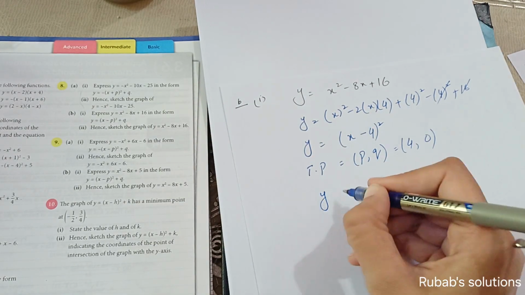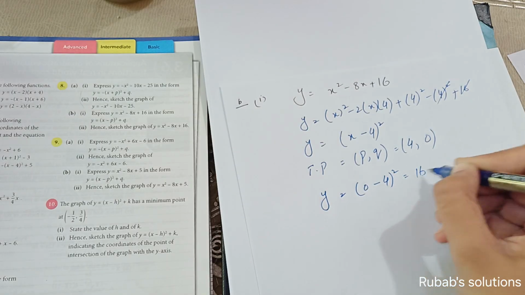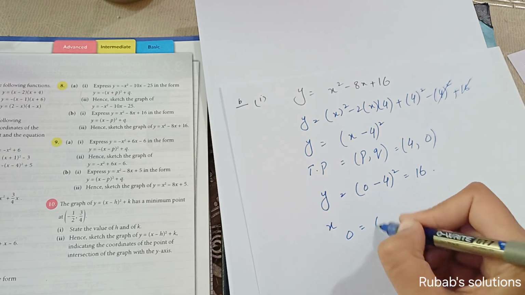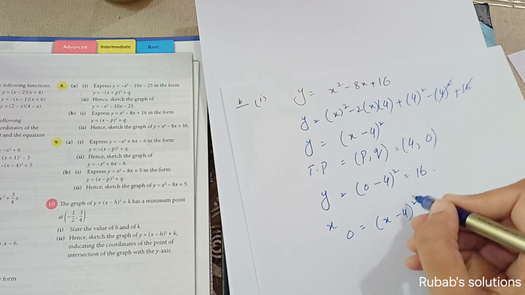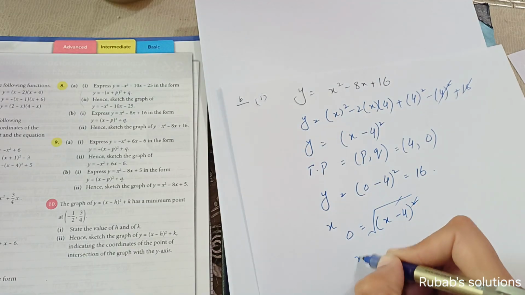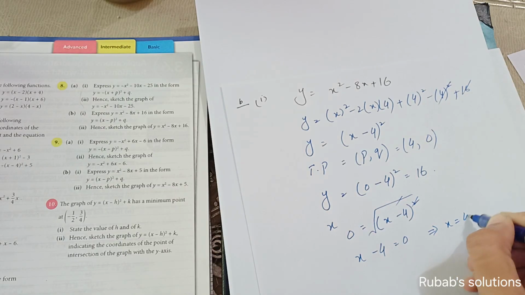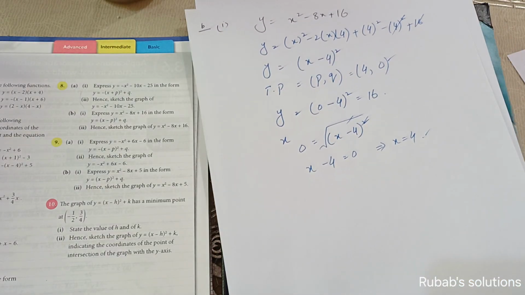y के लिए पुट x इज इक्वल टू 0, सो इट विल बी (0 - 4) whole square, इट विल बी 16। x के लिए आपके पास आ जाएंगे y 0, सो इट विल बी (x - 4) whole square, टेकिंग स्क्वेयर रूट ऑन बोथ साइड, सो इट विल बिकम x - 4 इज इक्वल टू 0, सो दिस इम्प्लाइज x इज इक्वल टू 4। आप देखें टर्निंग पॉइंट और जो x कोऑर्डिनेट आ रहे हैं वो सेम आ रहे हैं इसमें, ताकि